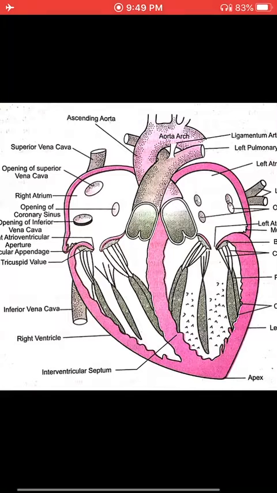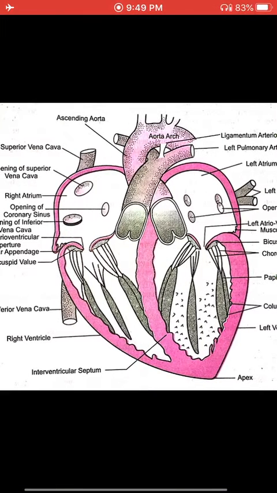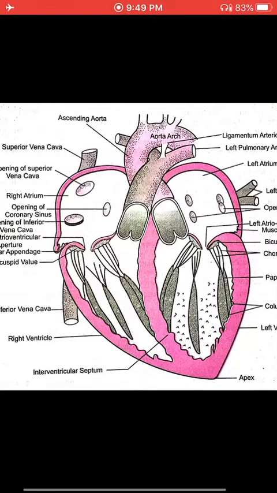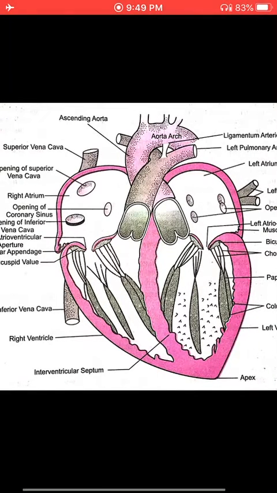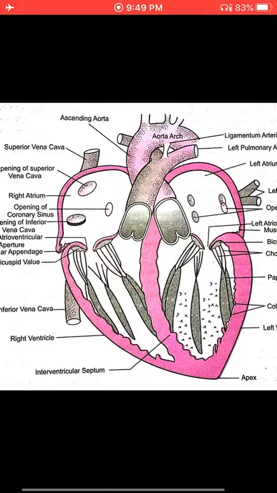From the right atrium, blood is pushed down to the right ventricle, and from the right ventricle the blood pumps into the lungs through the pulmonary artery so that it gets oxygenated, and that oxygenated blood returns to the left atrium by the pulmonary vein. From the left atrium to the left ventricle the blood is pumped, and from the left ventricle it is pumped throughout the body